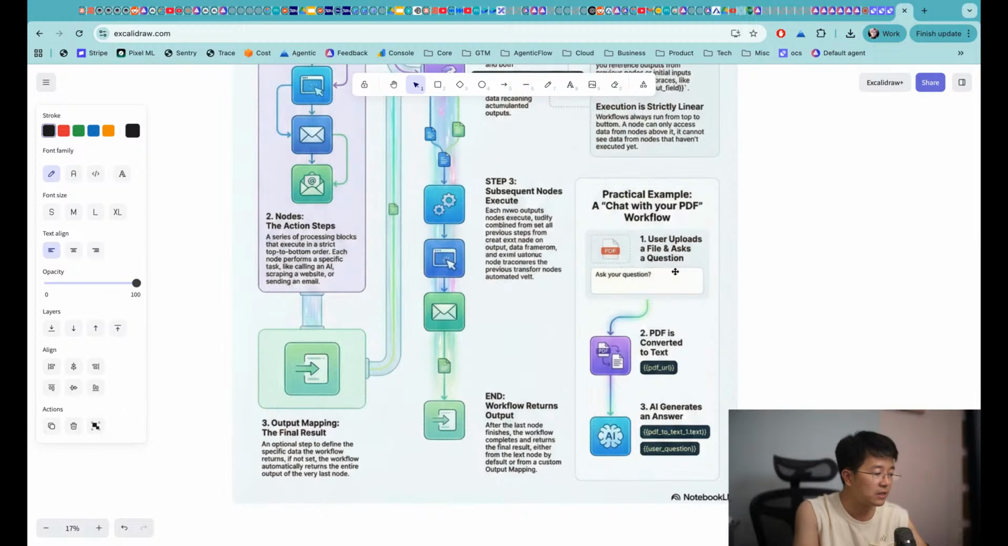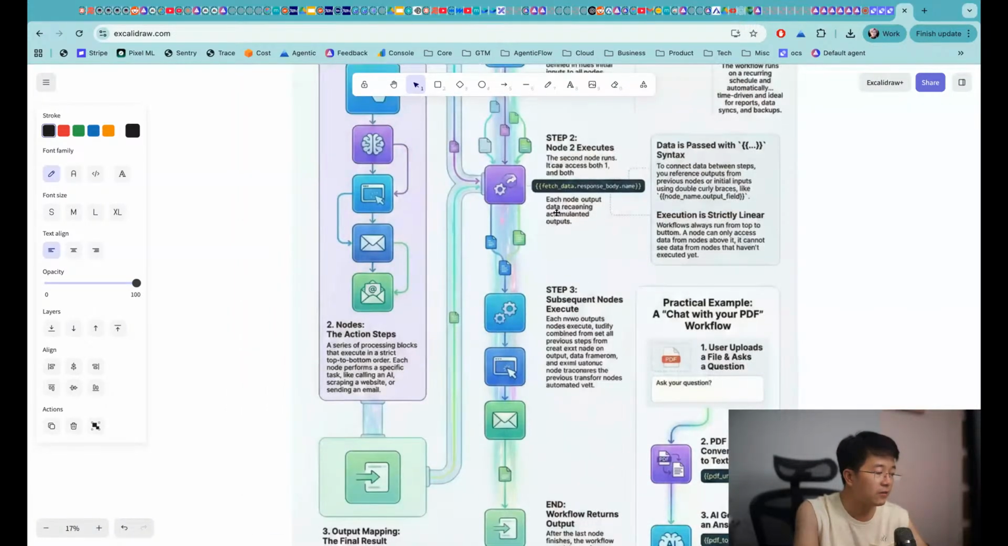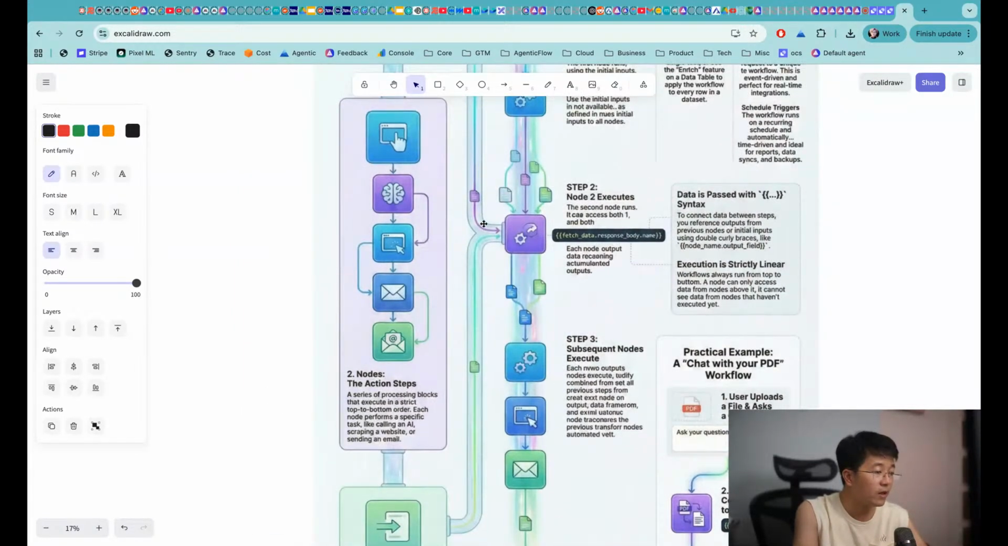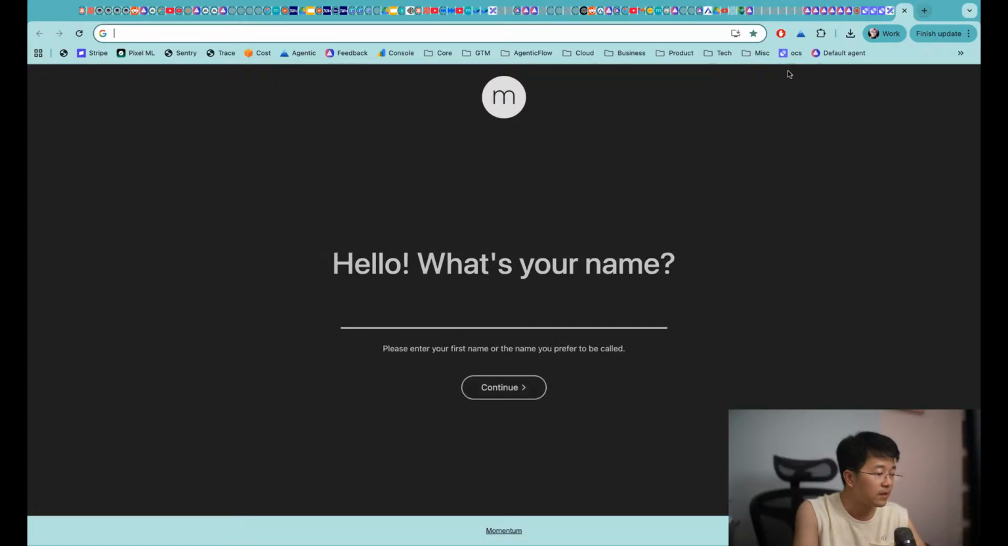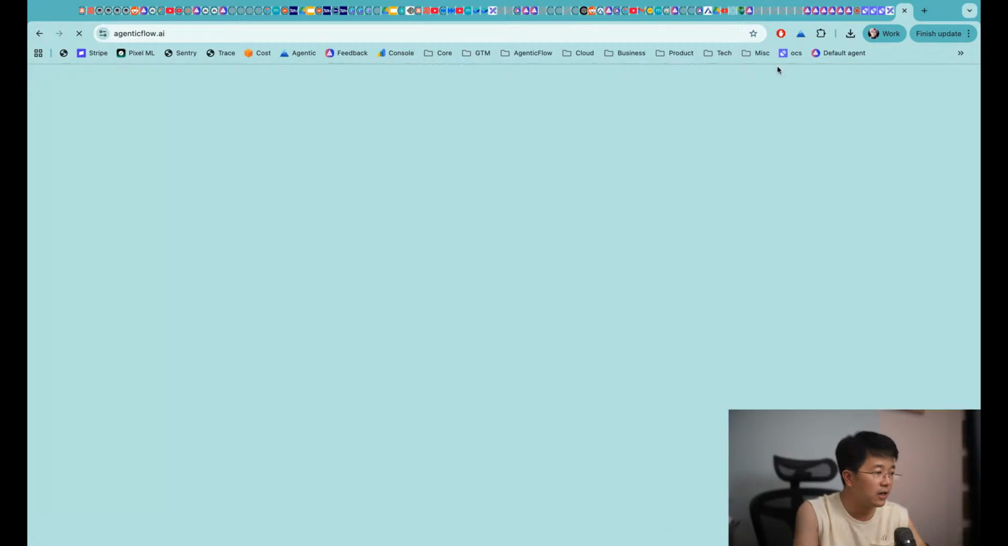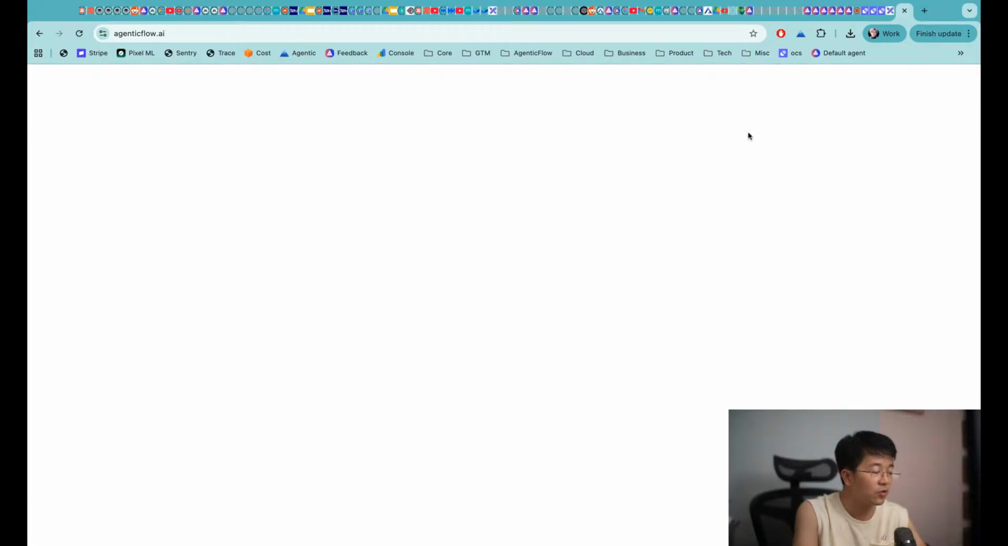So that is one of the examples. So I think that is a very high-level view of what a workflow looks like in concept. So I'm going to open a new tab, which is AgenticFlow, and I'll also show you how you can